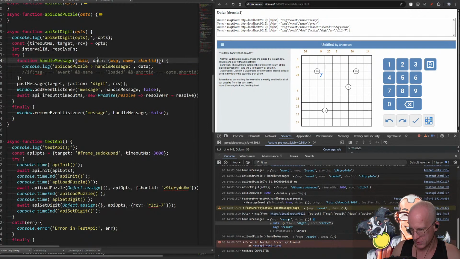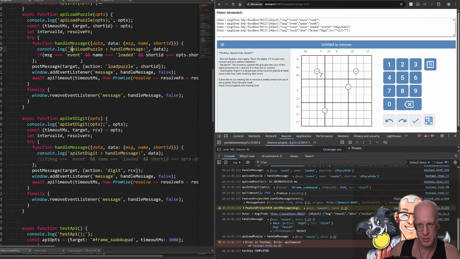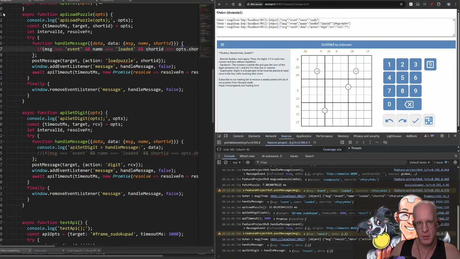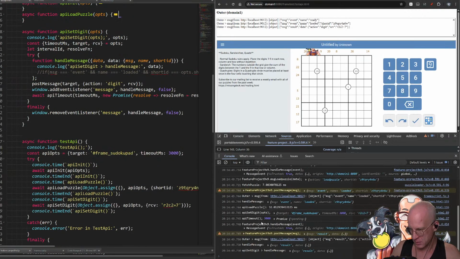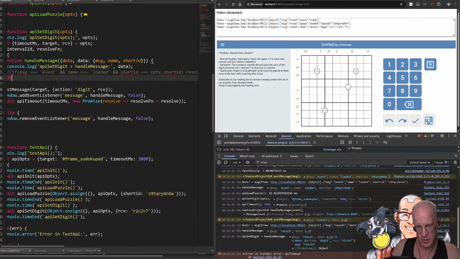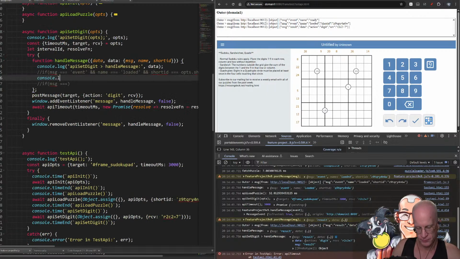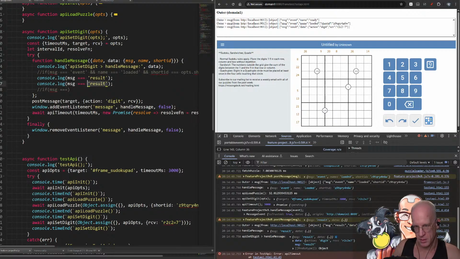So, API load puzzle. No, not API load puzzle. This is API set digit message. Do we not remove that from here yet? No. So API set digit should get a handle message result data. All right. So we'll want to say if msg equals, or let's just output that for now. msg equals result, and then